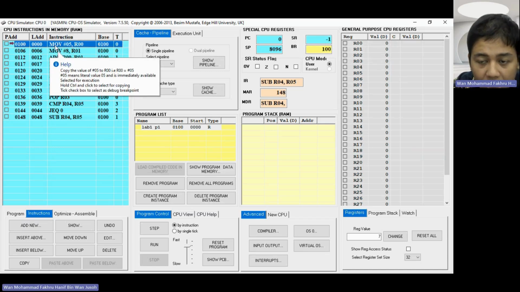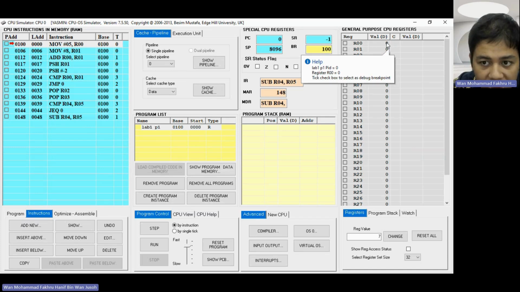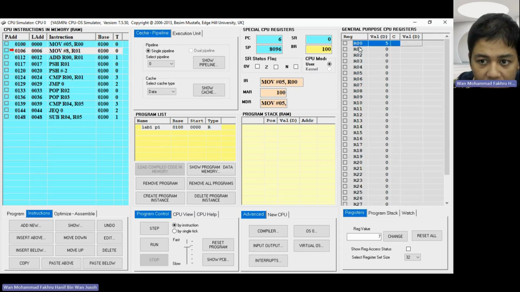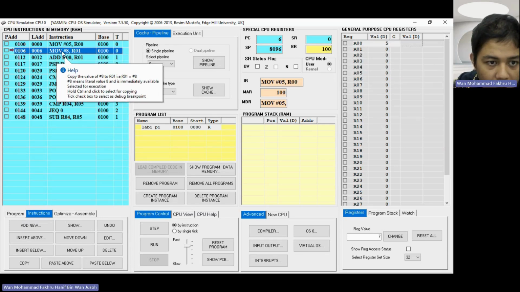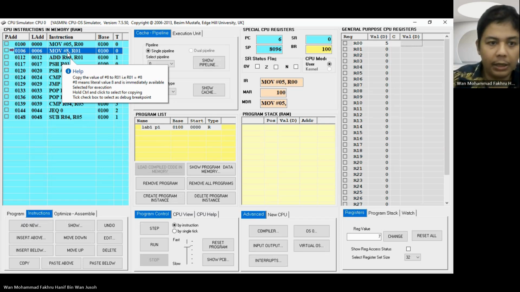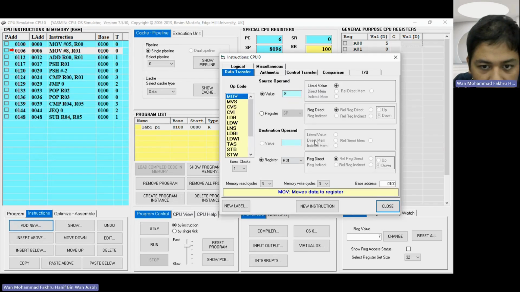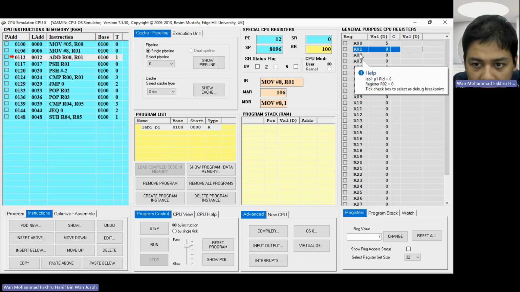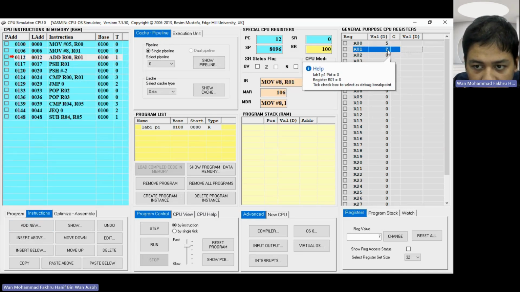Before we run the instruction, we just need to see the value of R00 is 0, and we need to see the change of the R00. The R00 is changed from 0 to 5. Then move 8 to R01. We need to add a new instruction using that. Just click move, change the value to 8, and destination operand is R01. Click new instruction and close it. We can run it by double click, and from R01 we can see the value change from 0 to